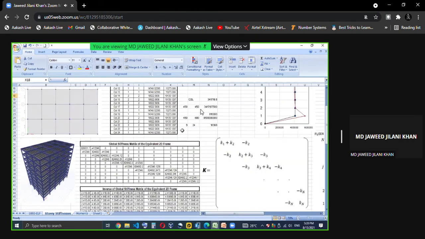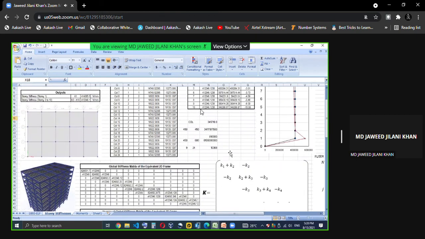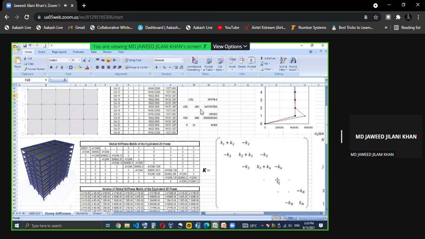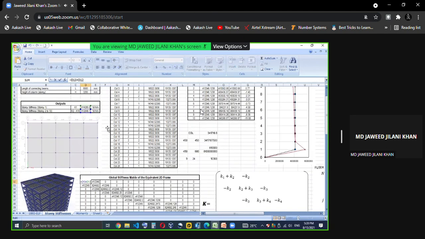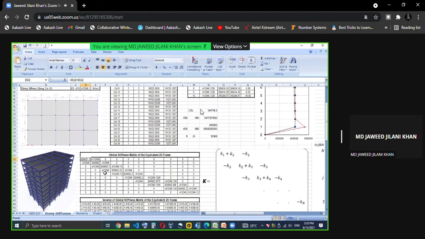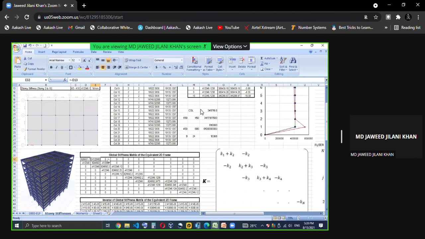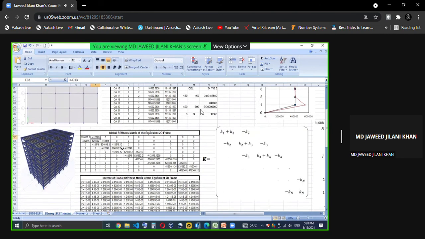Now, how will the global stiffness matrix look? The stiffness matrix will be K1 plus K2, minus K2, and so on. This is K2 plus K3, this is K3 plus K4, this is K4 plus K5, up to K9 plus K10. And these values will be K10, K10. So for K1 plus K2, you can see here I have given this plus this. Then here only K2, so this is 2 to 10. Likewise, I have calculated the global stiffness matrix.